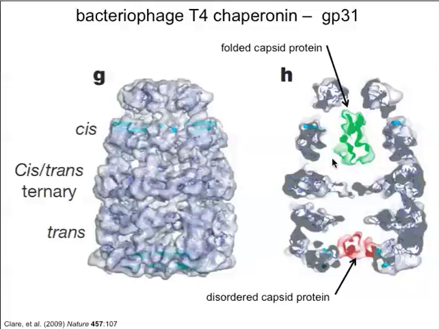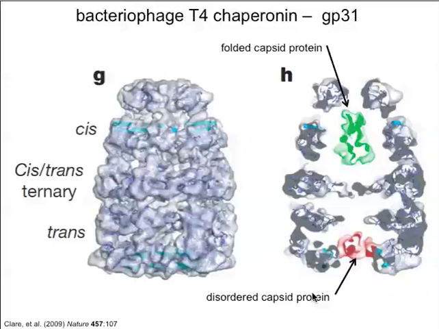So it just so happens that this is a capsid protein that's been bound inside the cavity, and it's known to have a much more elongated structure. So this structure is consistent with what we know that capsid protein should look like. This is not. So what we see in the trans ring is an unfolded protein bound. You see our hydrophobic ring of interactions there again. And then in the cis ring with GroES bound, or the GroES homolog bound, we see the folded protein.